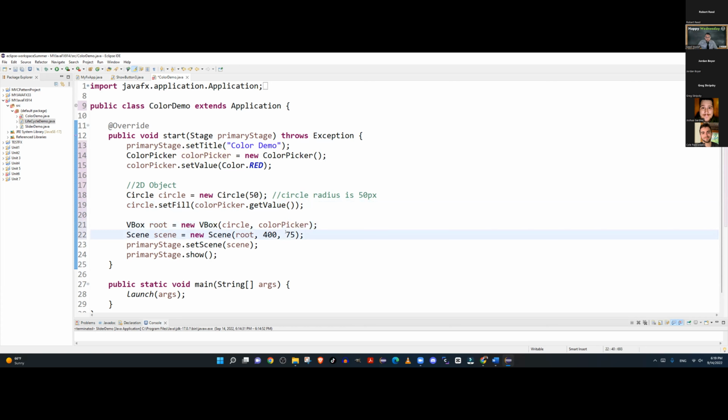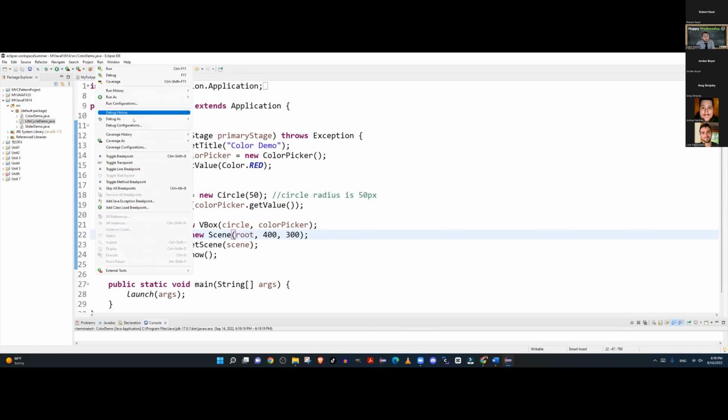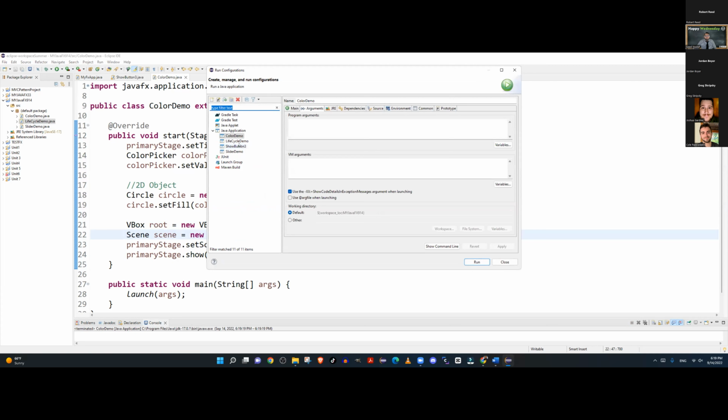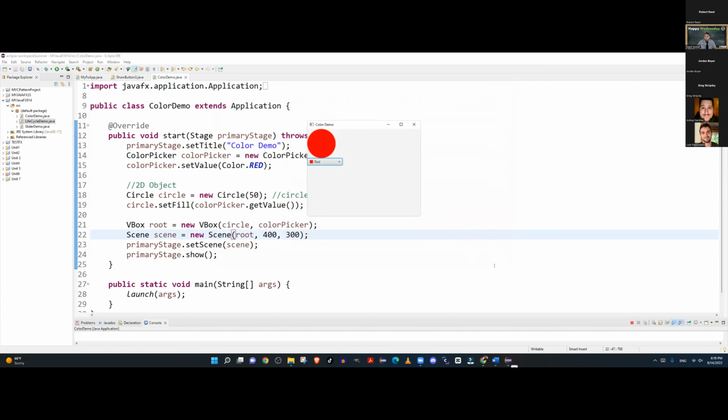So let's create a slightly bigger scene. Here we go. Okay. So right now it is red and it can't change either because we have not written